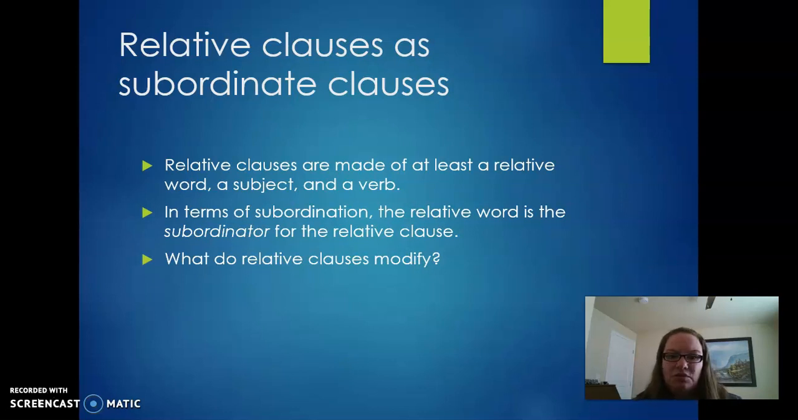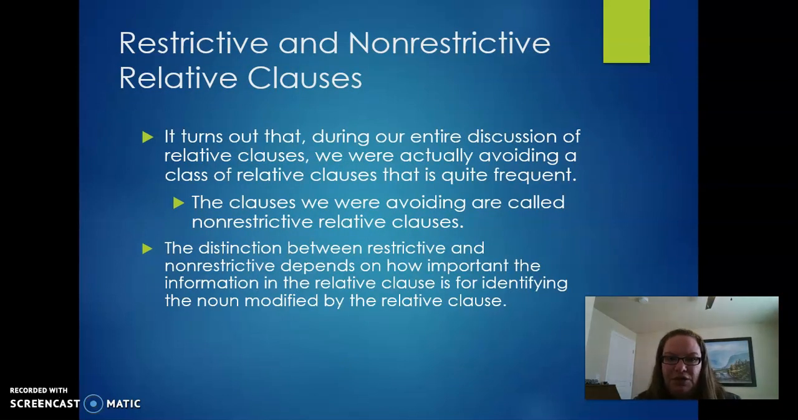Relative clauses are made up of a relative word, a subject, and a verb, and the relative word or the relative pronoun is the subordinator. What do they modify? Well, they always modify nouns. Here's what we've been avoiding. We've been avoiding non-restrictive relative clauses, but we're going to talk about those today to talk about the